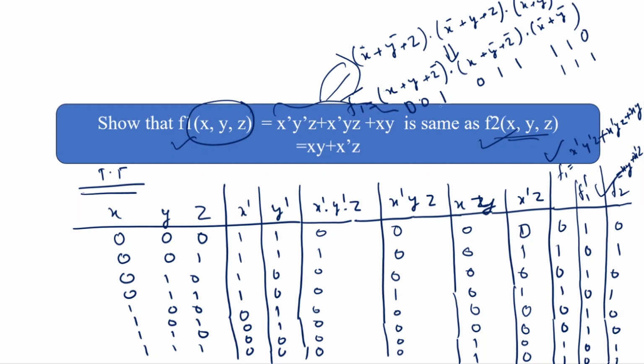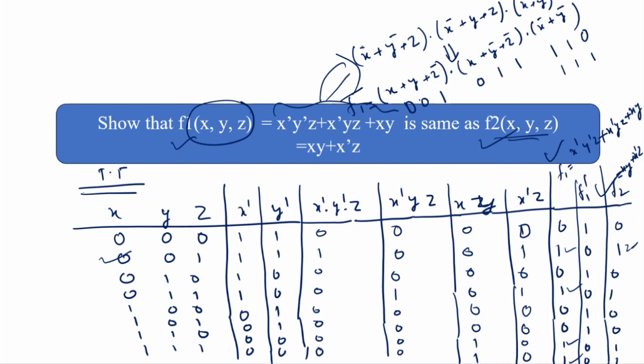We find that in combination 0 0 1 we check that it is 1. This will be the output. In the combination, f1 is represented the same. This is what? In the combination when the value is x plus y plus z complement. Similarly, this value is x plus y plus z, means 0 0 1, this is 1, this is again 1, 0 1 1, that is again 1. Similarly 1 1 0, that is again 1, and this is 1 1 1, that is again 1. So in this way we will find a complemented form.